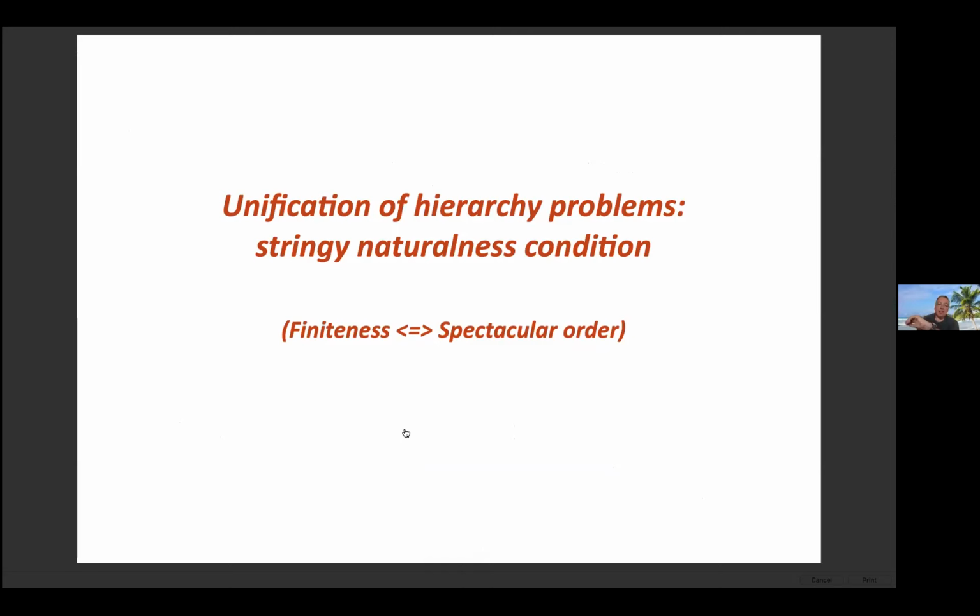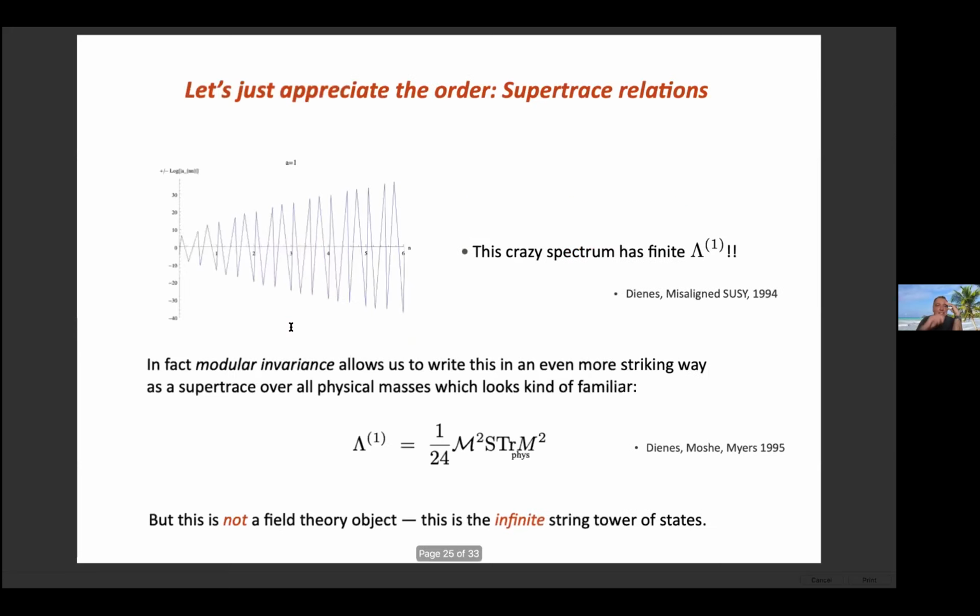Right, okay, I'm kind of running out of time, but just to finish, I'm going to tell you what we're talking about right now, which is how to get a string naturalness condition. If I want to start thinking about when a theory is natural or not, and I'm thinking of something which I'm assuming is going to approximate a string theory or look like a string theory, I want to know what string naturalness looks like. In order to see that, we need to go back to the spectrum and look at what the spectrum is telling us about the order of the theory and how it makes itself finite. So I'm going to talk about that, and the string naturalness condition will drop out of it at the end.